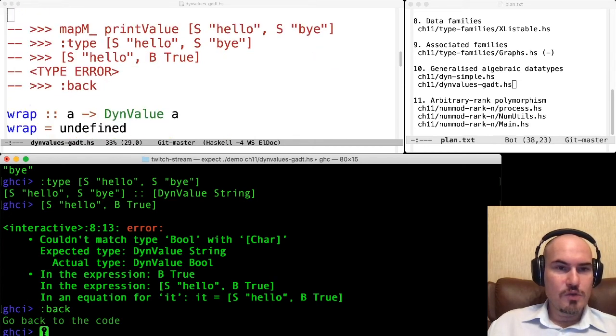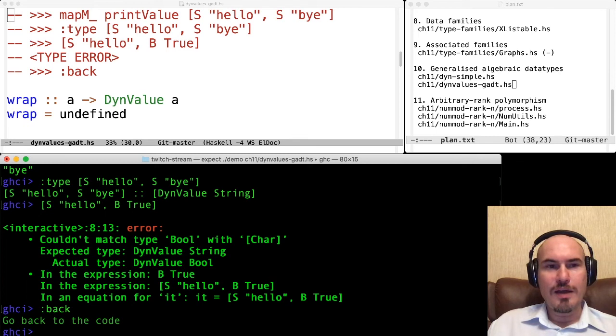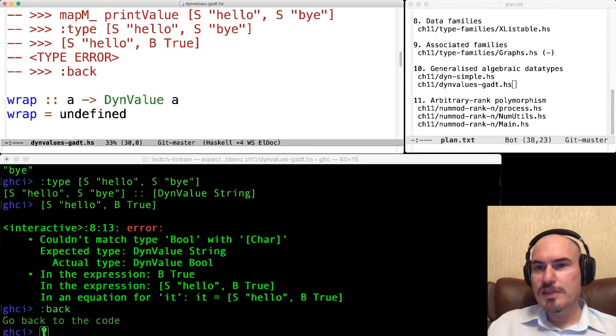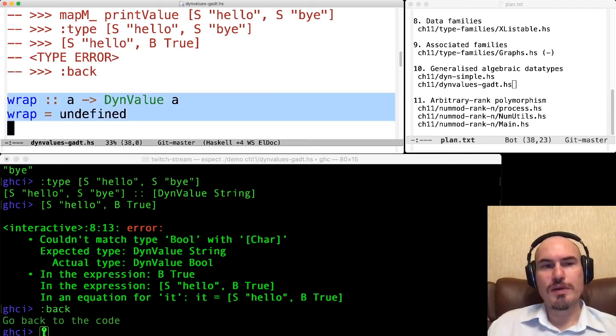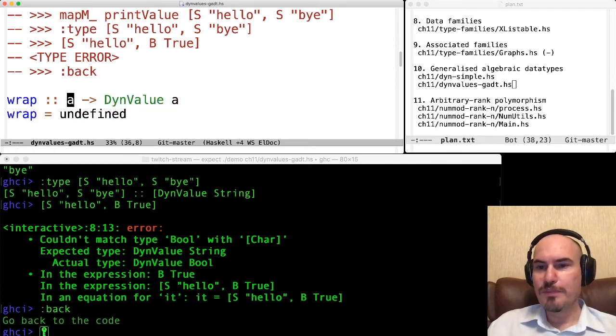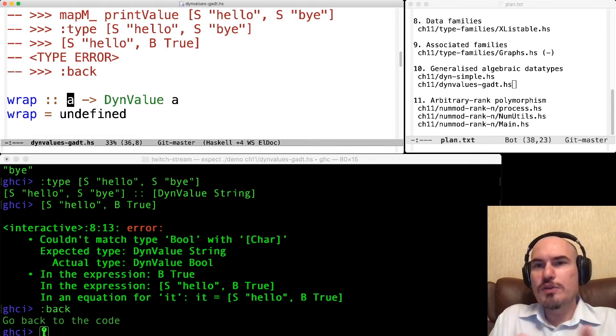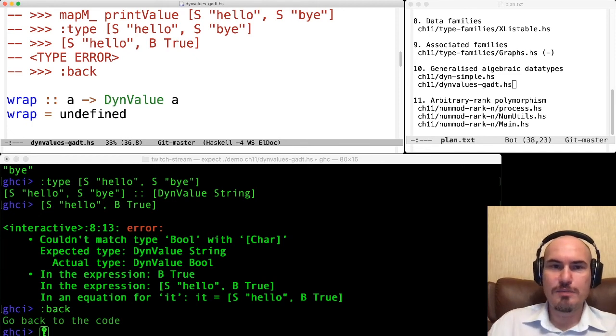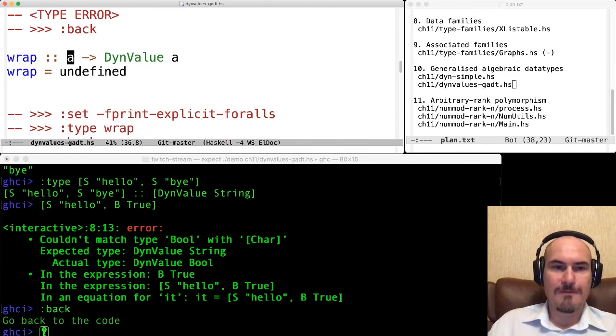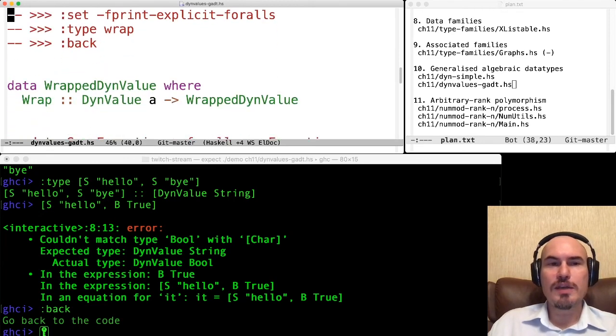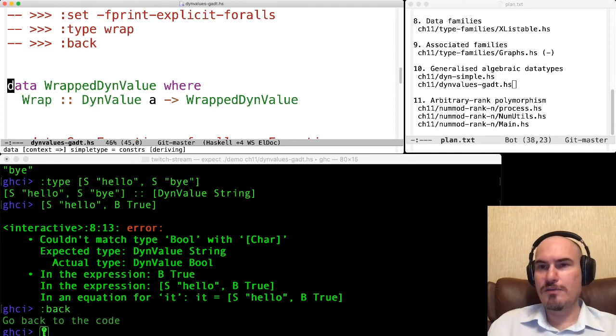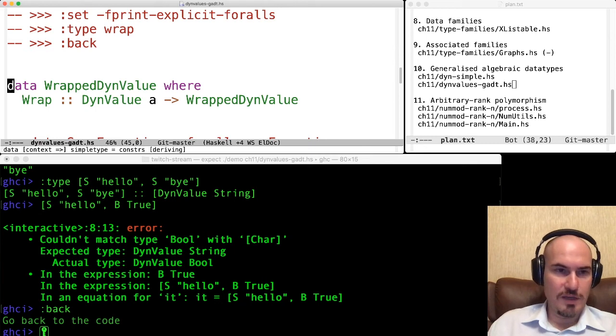And to solve this problem, we want to wrap this value somehow. We cannot do it this way, because if you remember, in this function we have an implicit forall, so we cannot say for all a, DynValue a, because we don't know which a it is at this point. But what we can do is define another GADT which hides this type variable somewhere inside it. So let's look here.